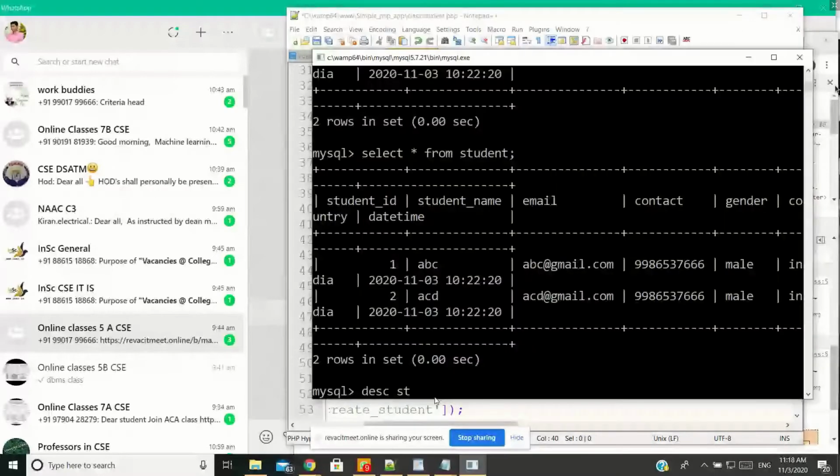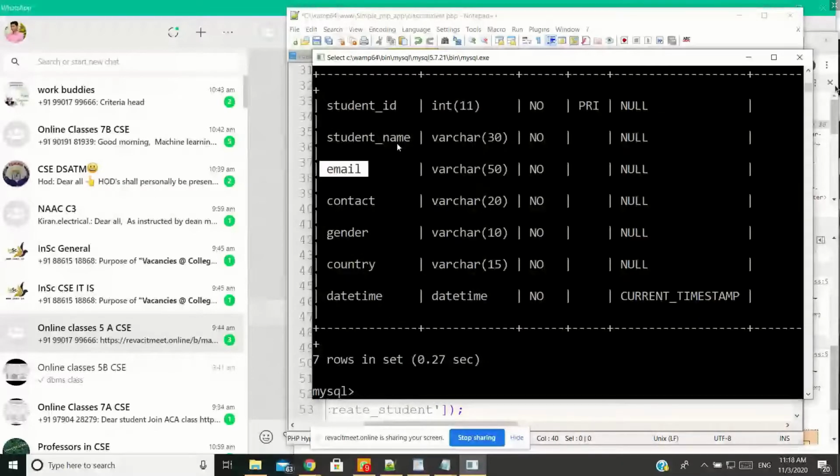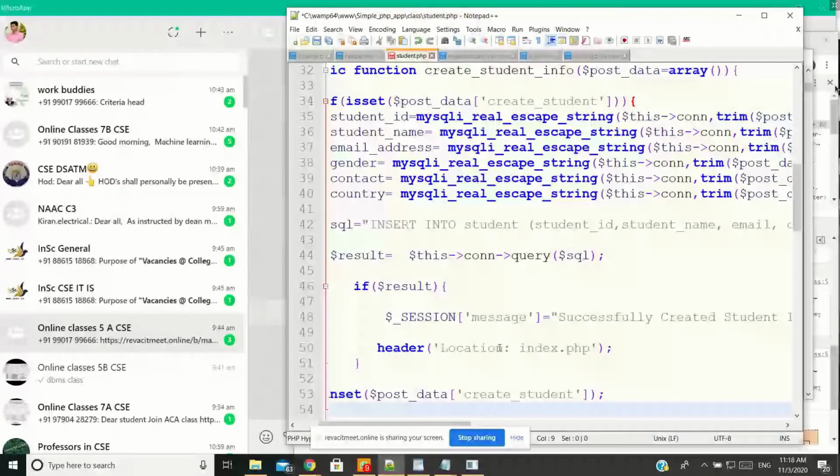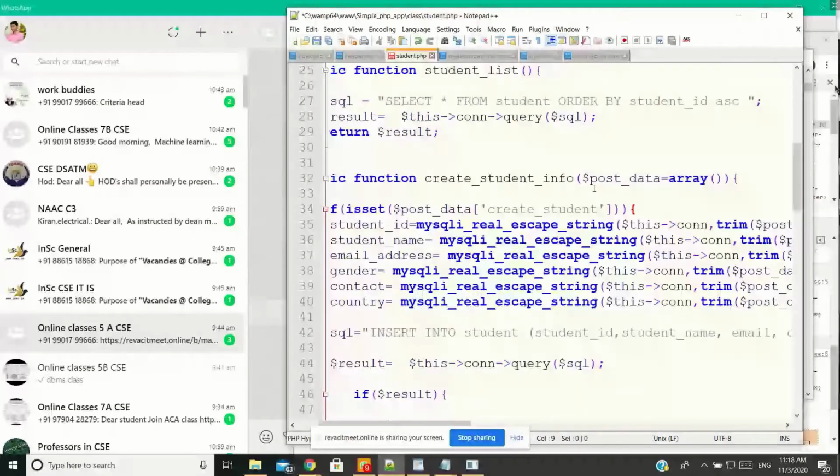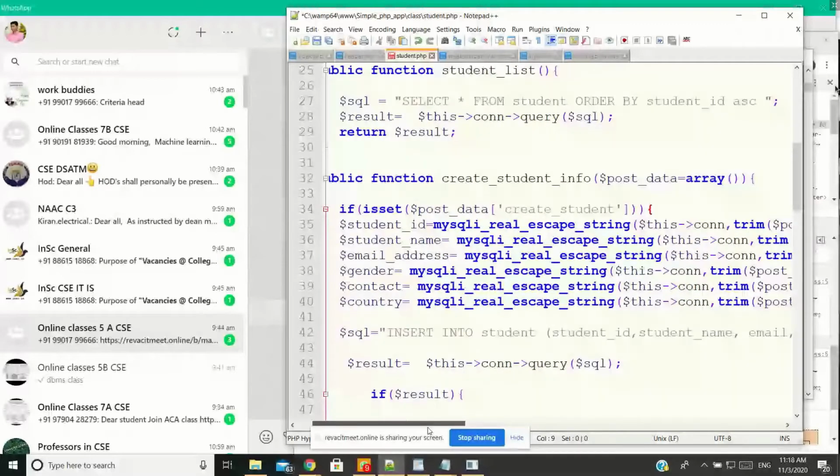So it's email, contact, gender, country, date. Okay. So the table is student in my database.